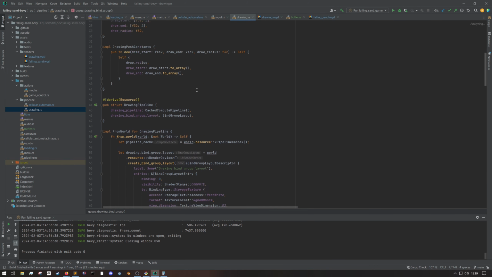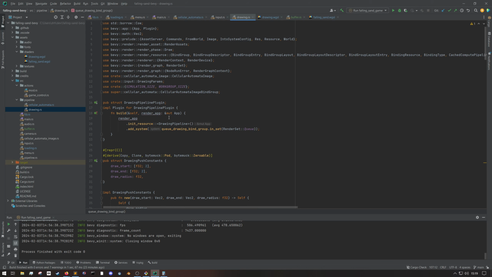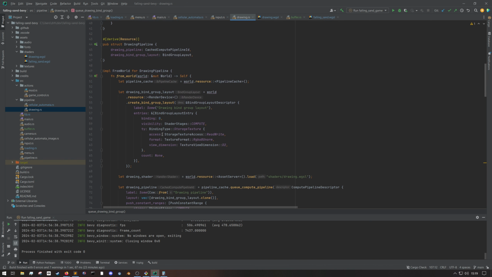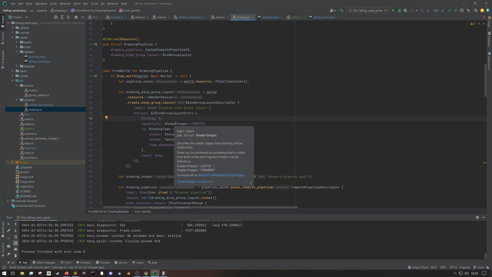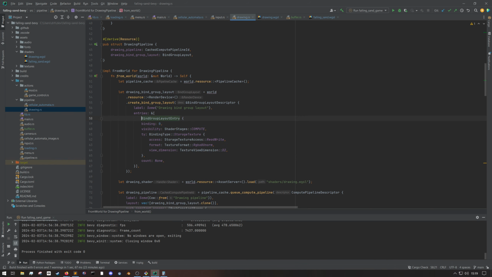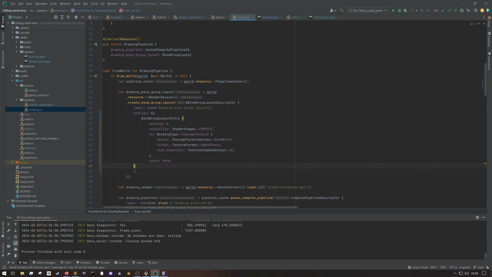In the drawing part of our pipeline, where are our entries? So here we go, we've got the existing entry for the texture. Put that on its own line. Reindent. Okay, so